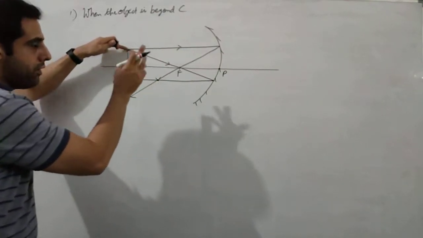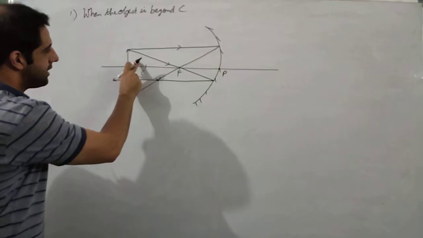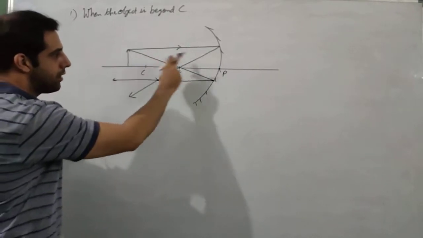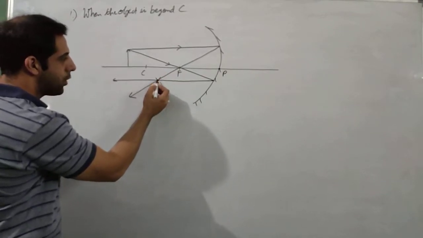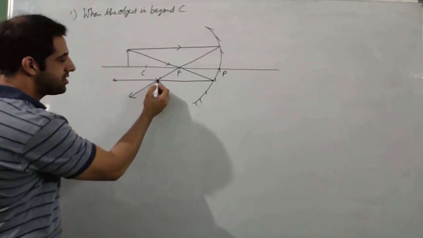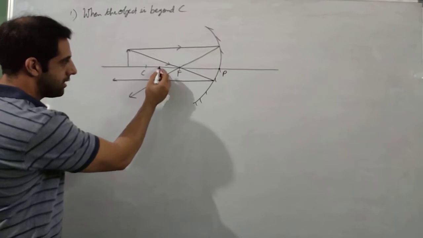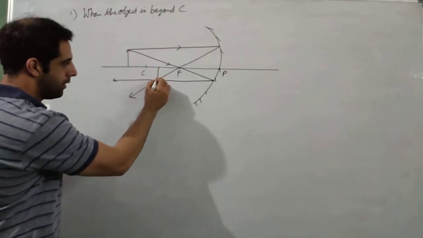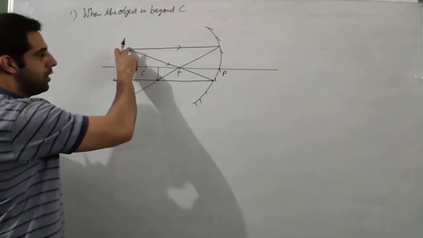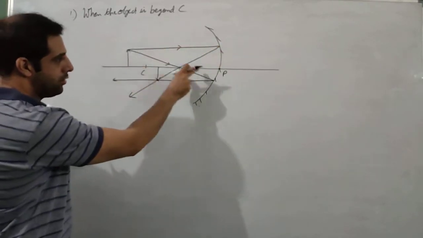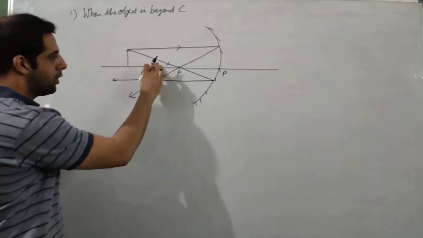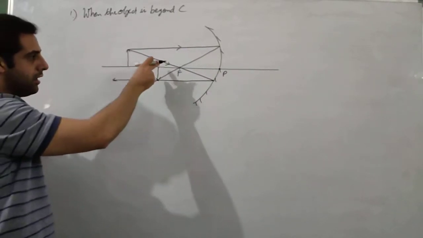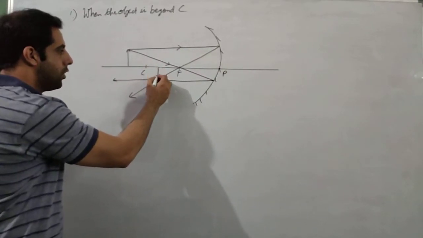Now we can assume that every light ray that is coming from the rest of the body will go the same way, and they will meet at different points, but all of them will meet at this point only, along this line. So when all the light rays go like this, and through the focus they will be reflected from both the points, and all of them will meet in this area to produce the image of the object.